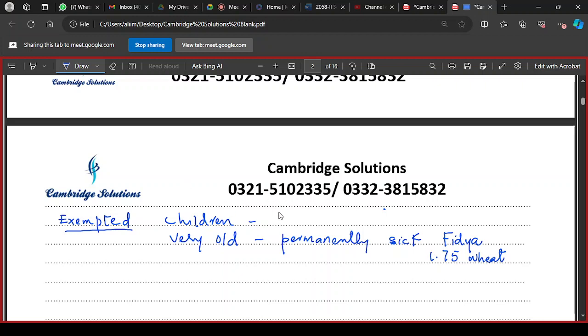In the same way, the other people who are exempted are travelers. In the same way, those who are sick, but not permanently sick, are temporarily sick, so these people can postpone their fast till they will be able to observe this obligation. If you are ill or on a journey, you can postpone your fast till the time you are able to complete it later on. So the identification of such people should be there in your answer.